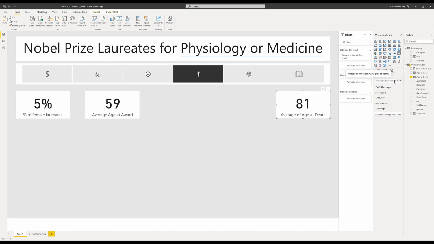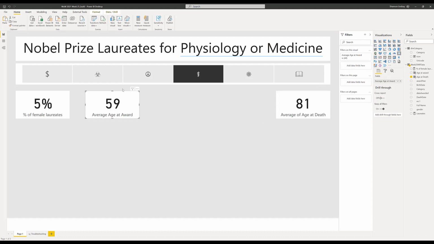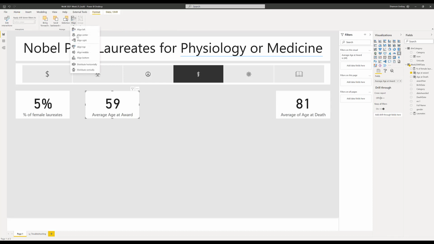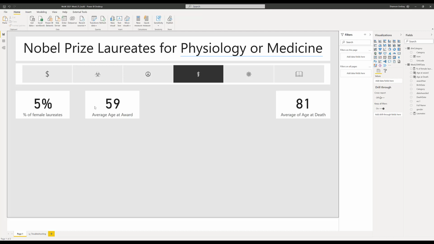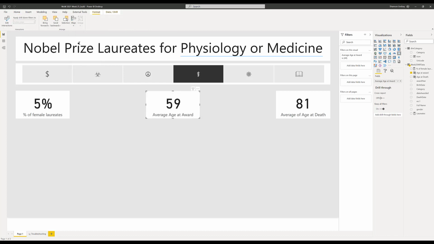I'm going to go ahead and rename this so that it appears correctly. Okay, we're going to do a little bit of formatting here. We're going to center our average age at award. That did not work. Let's try this again. Center the average age at award. And then the next thing I want to do is to format these a little bit. We're going to actually